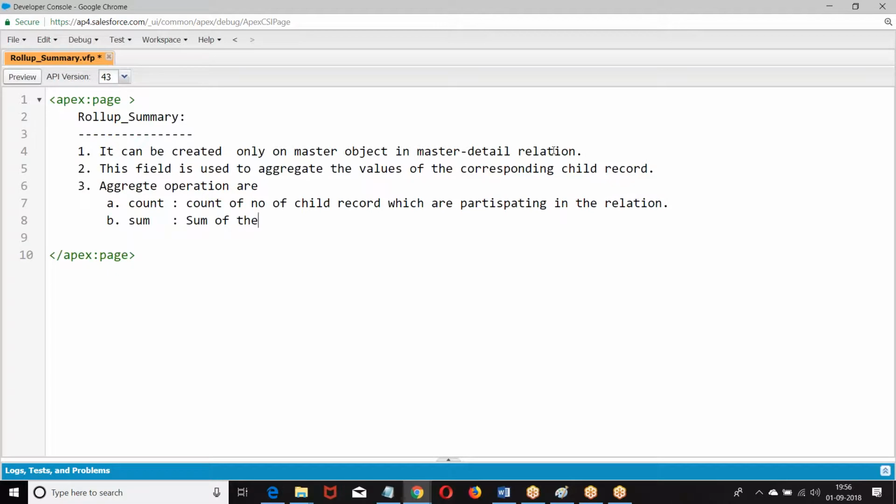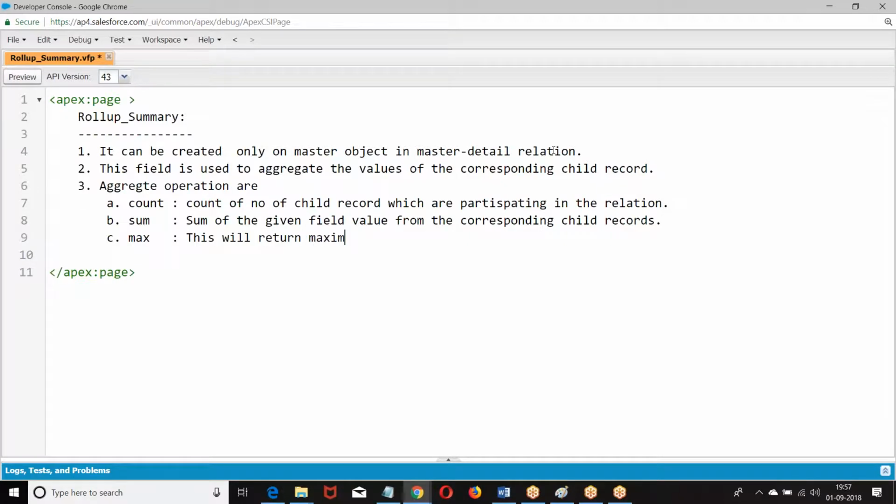Sum: sum of given field value from the corresponding child records.